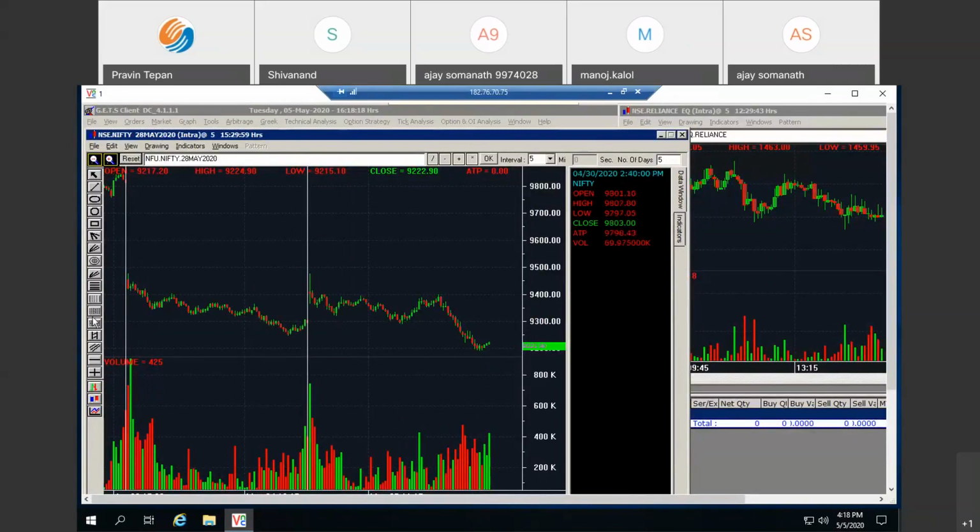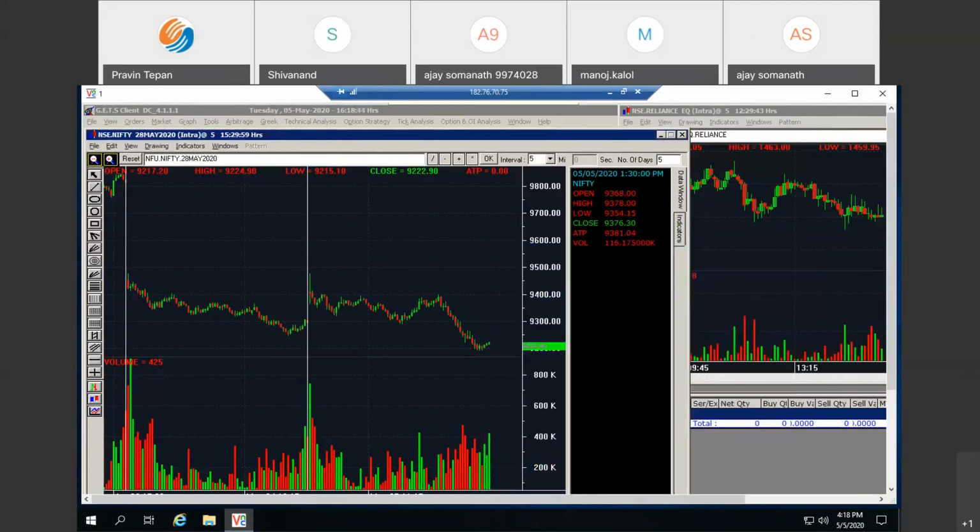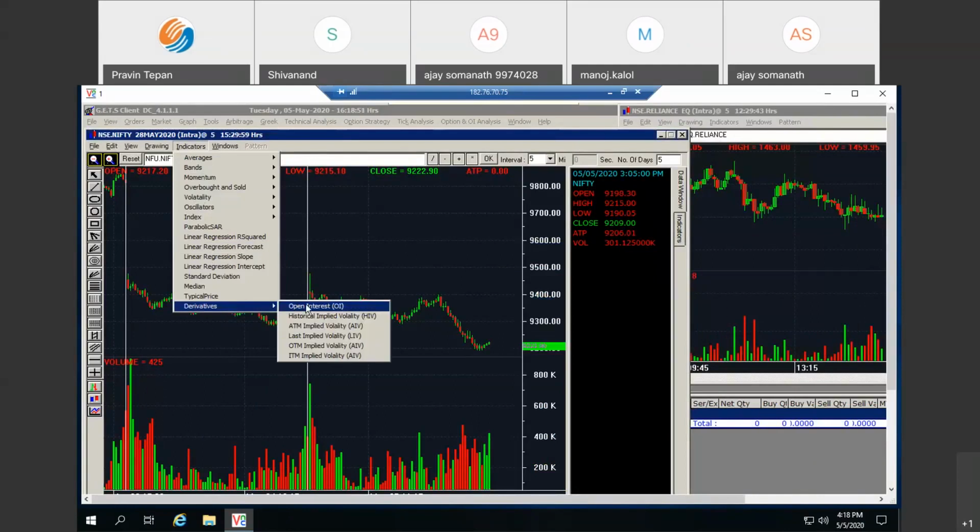From the toolbar, from indicators, I'll select the derivatives OI.